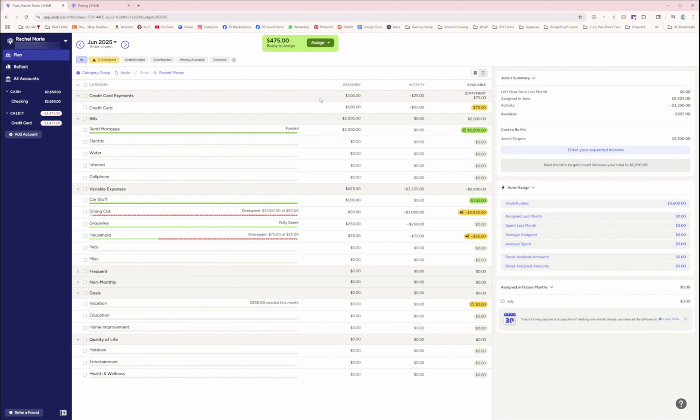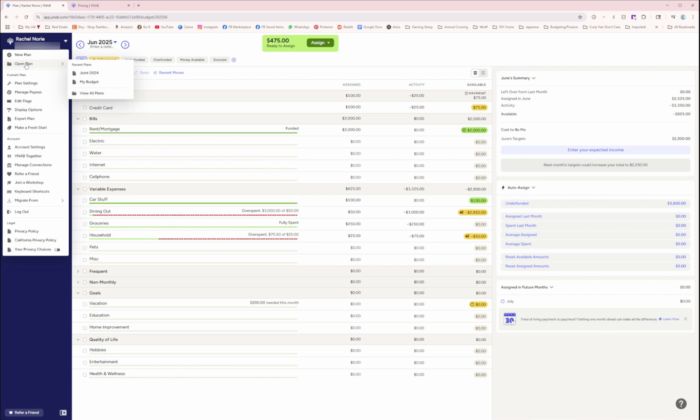So that is most of YNAB in a nutshell. Now I'm going to show you guys my personal budget. I feel kind of nervous doing this because you guys are going to see basically everything that we have. So be gentle, people, please. Actually, before I do that,